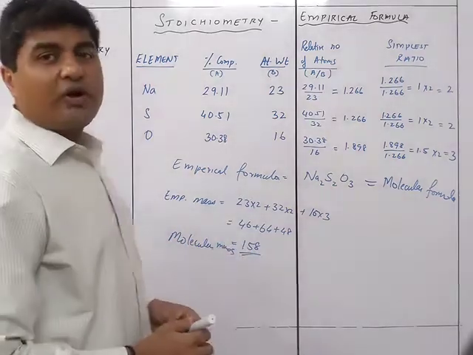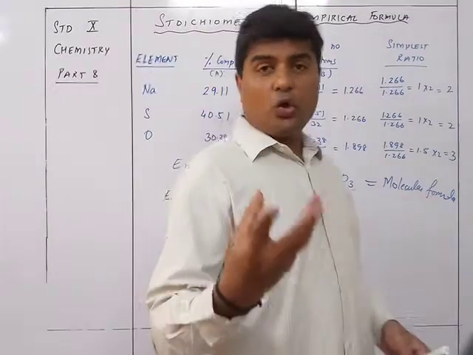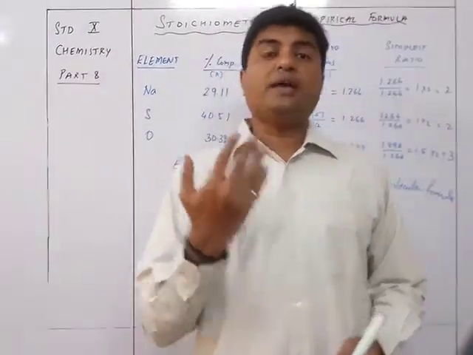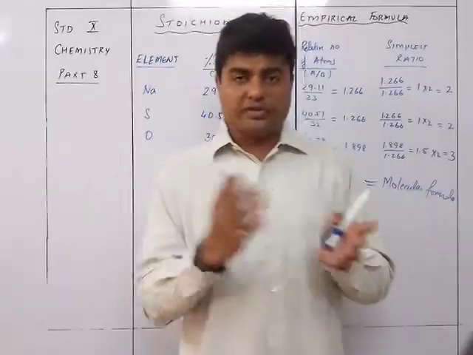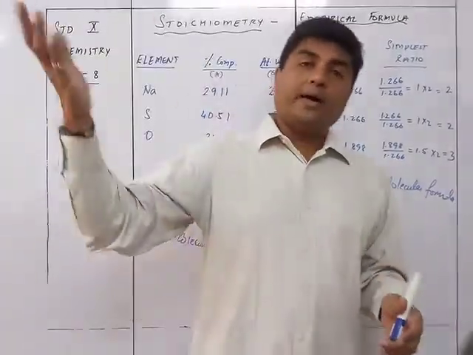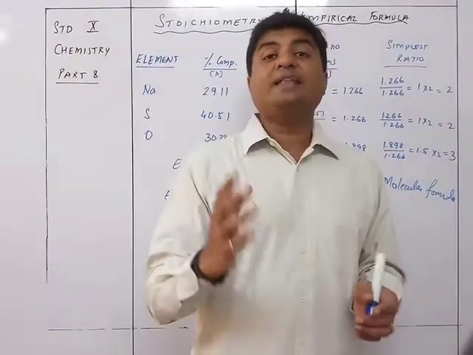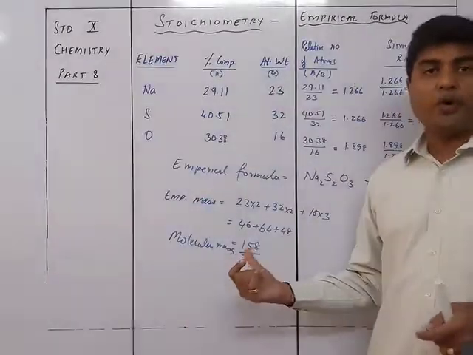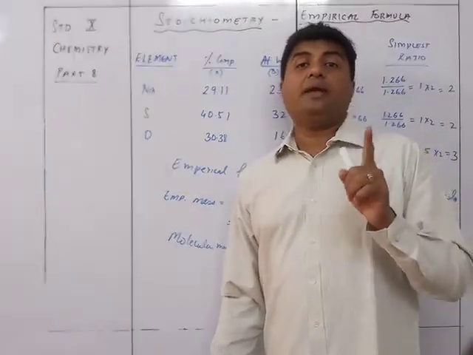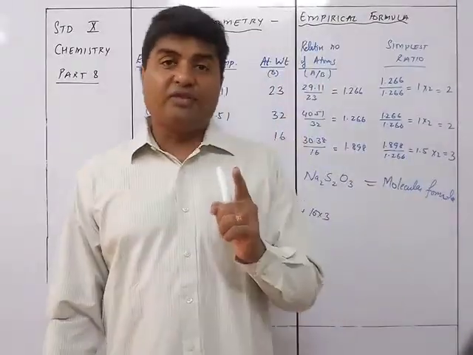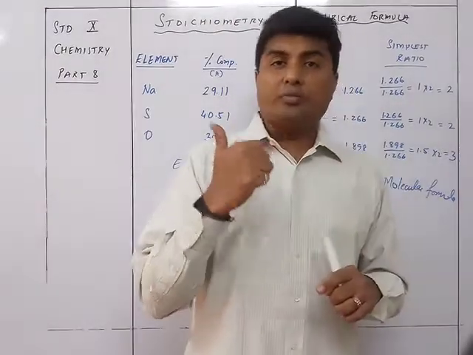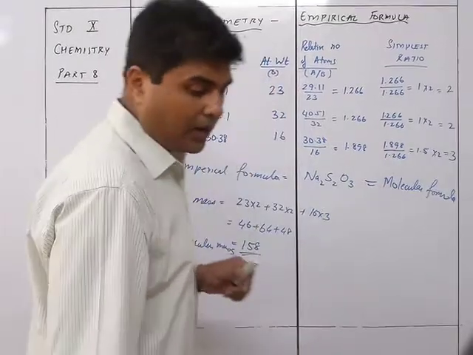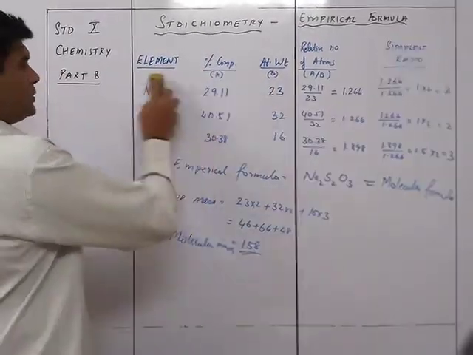But in case of substances like glucose or any kind of organic compound which has the empirical formula CH2O, whereas the actual formula is C6H12O6, there you will need to find out the molecular formula from the empirical formula, when they give you either the molecular mass or the vapor density of the substance. Okay, so let's see how we do that. So this is clear.